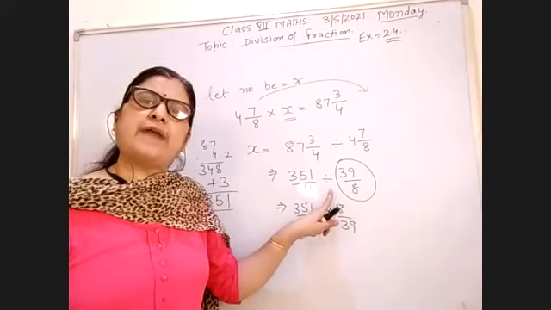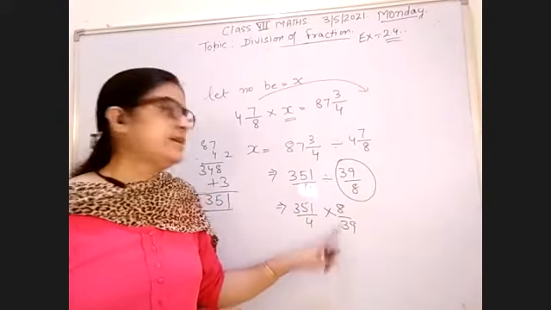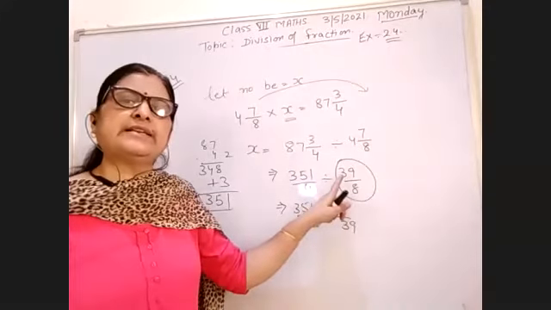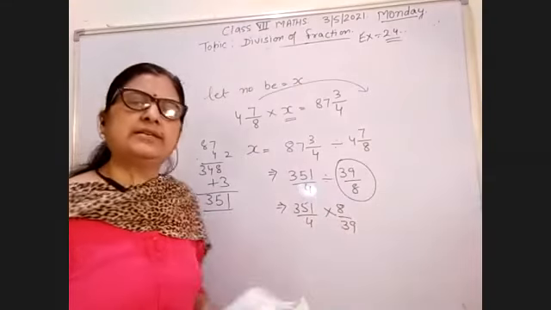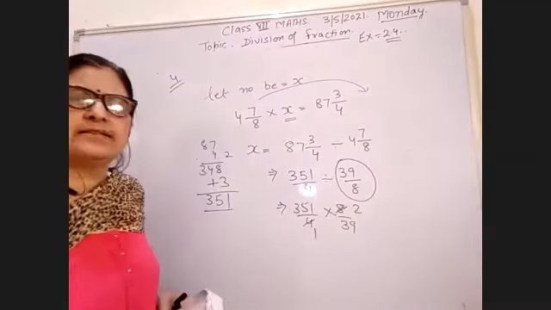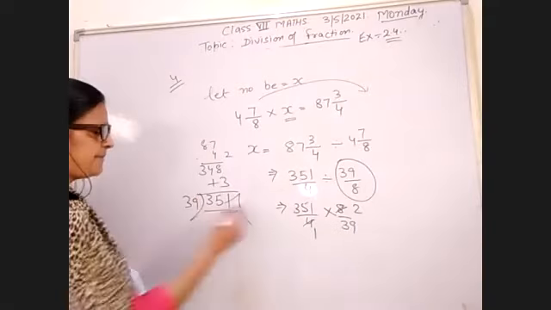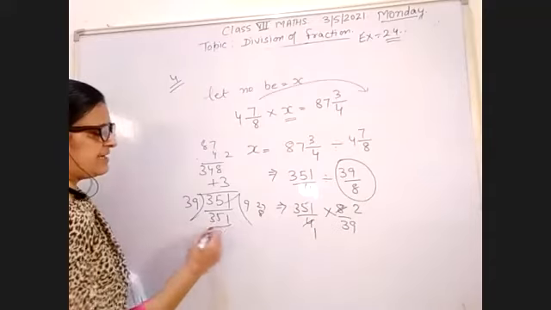डिवाइड पोर्शन यू हैव टू चेंज इनटू द मल्टीप्लाई फर्स्ट. व्हेन यू चेंज इनटू द मल्टीप्लाई, देन यू विल टेक द रेसिप्रोकल फर्स्ट. ओके, you will take the reciprocal of 39/8. It is equal to 8/39. Now 4 1ja 4, 4 2ja 8. It is cancelled, and 351 is cancelled by 39. It is cancelled by 9.